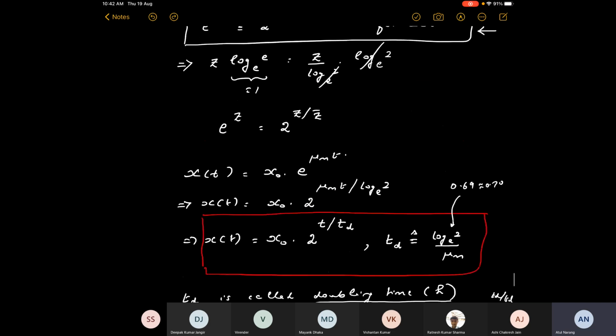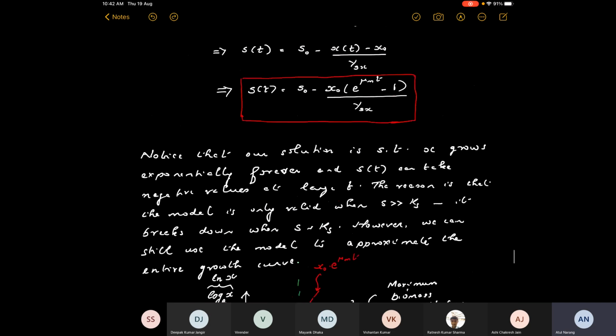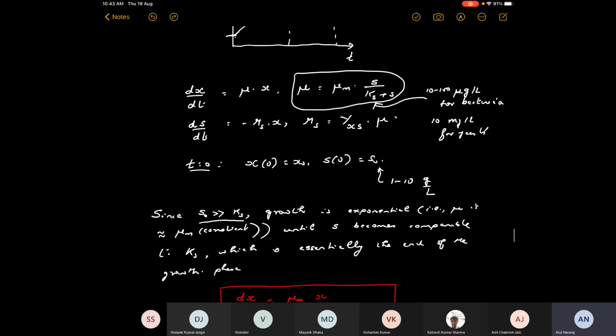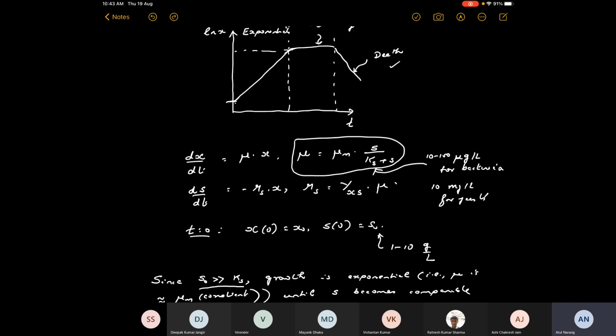So if I can go back to the original model, I said that there are actually, if you go back to the original model, not two but three parameters. There's mu m, there is ks, and then mu m and ks characterize the specific growth rate, and y-axis is another parameter that characterizes the relationship between the substrate uptake and growth. So you have three parameters, but this